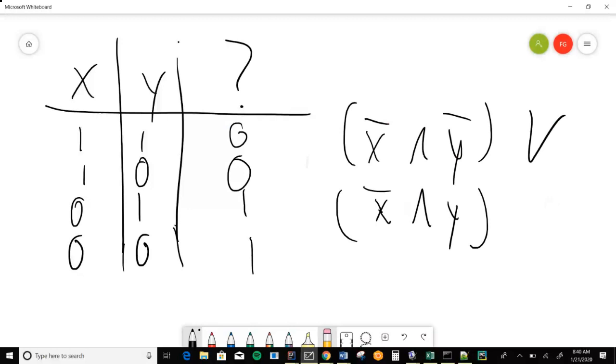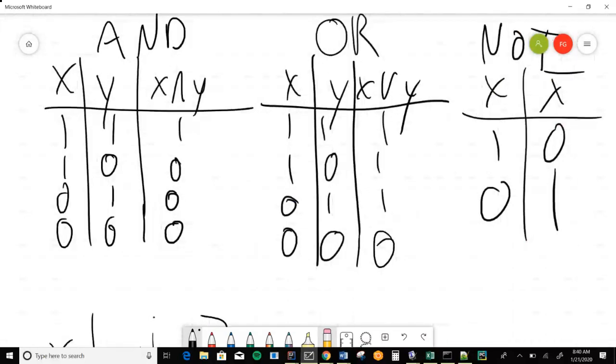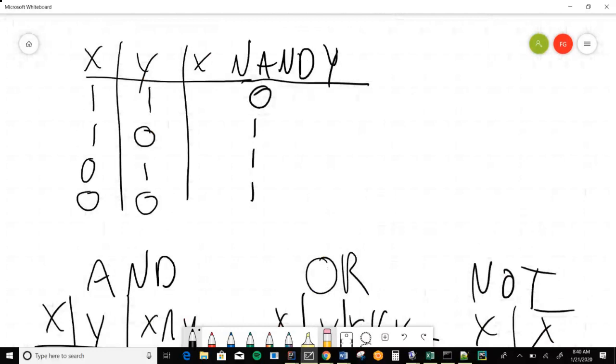So if these three guys, and, or, and not, suffice for logical completeness, if we can create and, or, and not just with NAND, then NAND suffices for logical completeness. Hint, you can, as you will figure out this week.